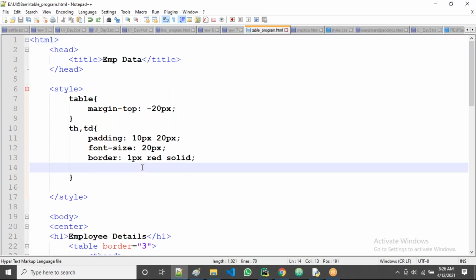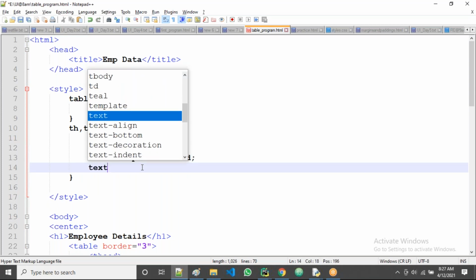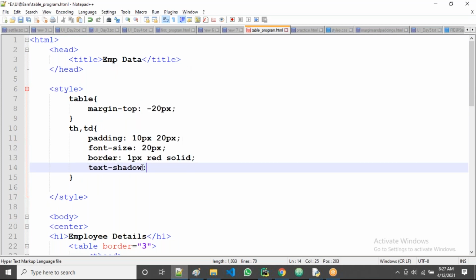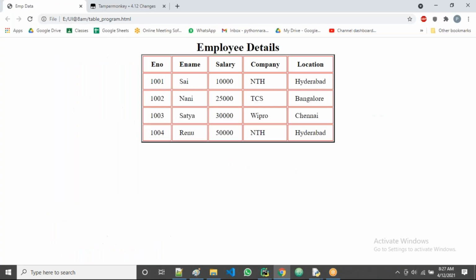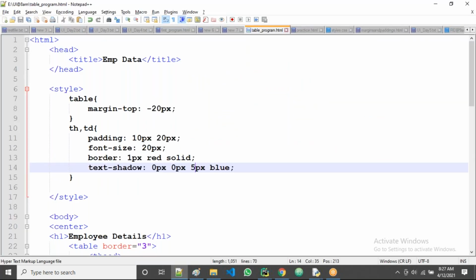Now you can apply multiple styles on this one, guys. We can take, suppose, text-shadow. Just I'm taking one or two, and we'll go for the next one. Okay, I'll take 0 pixels, 0. I hope you understand, right? What is the first 0? What is the second 0? I'll take here, suppose, blue color, right? I'll take here, guys, suppose 5 pixels. I hope you got the clarity. What is 5? What is blue? I can observe here, right? Fine. I think 5 is not good. Let's go with, suppose, 2 pixels, guys.